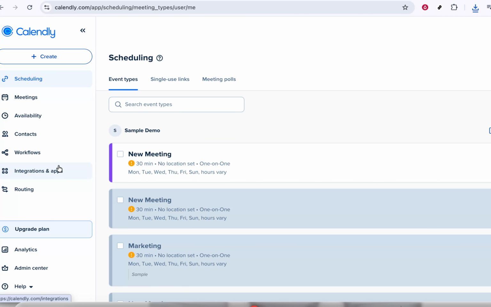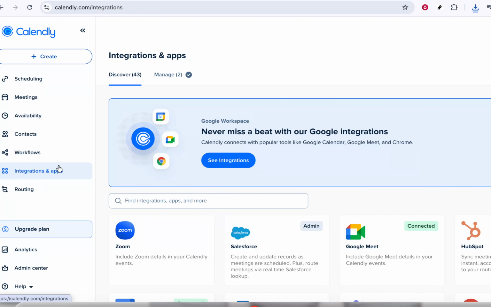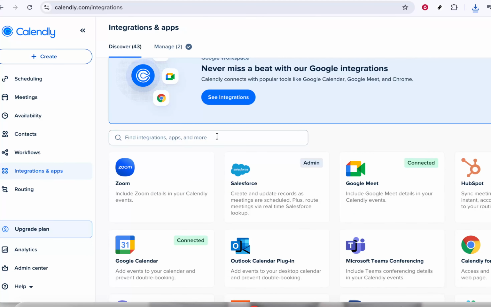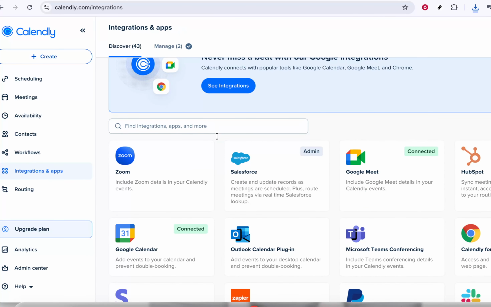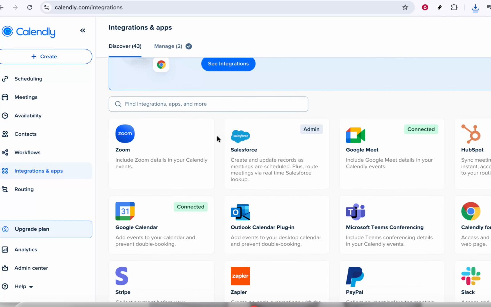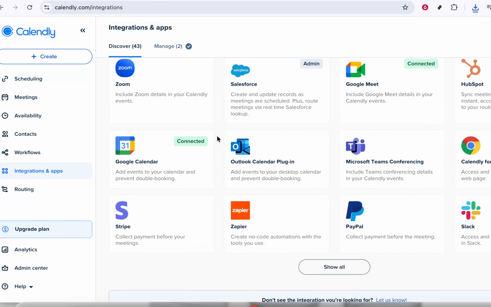First, open Calendly in your web browser and log into your account. Once you're on your main dashboard, look over to the left-hand side of the screen. There, you'll see a navigation menu. In that menu, find and click on the option labeled Integrations and Apps. This is where Calendly keeps all the tools and connections you can add to your account, including video conferencing platforms